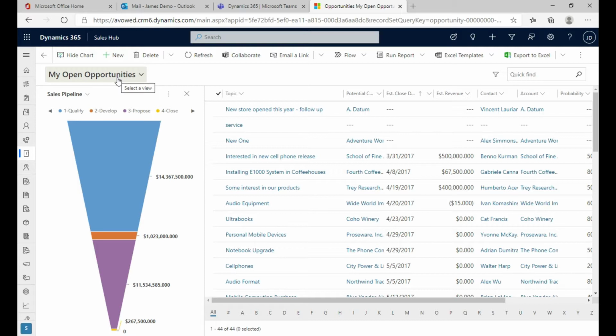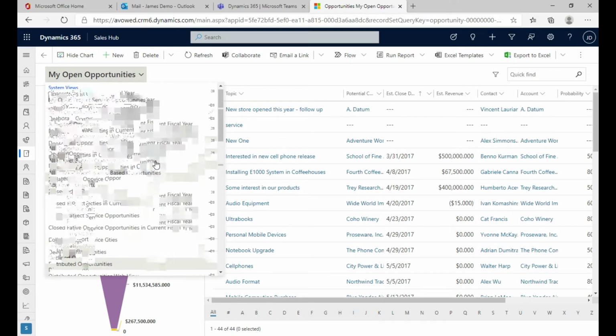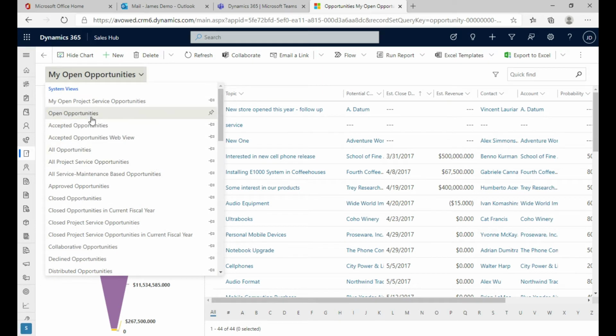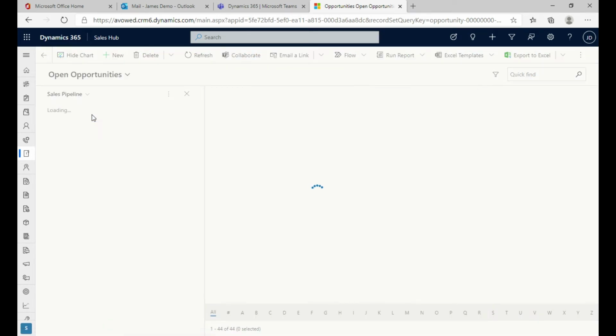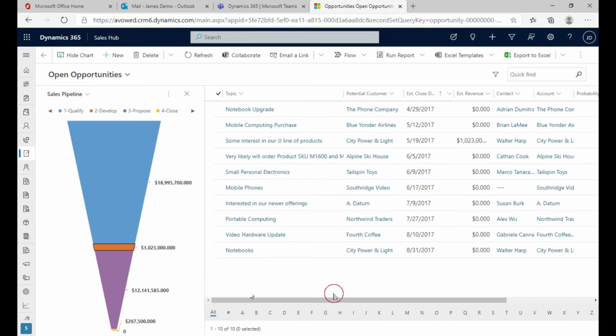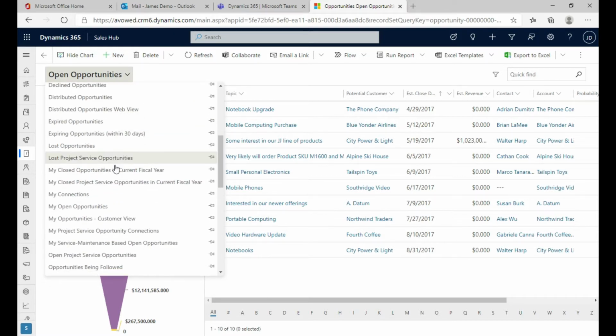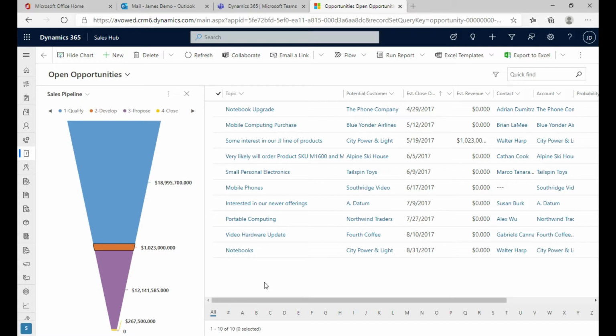So as I mentioned before, these are My Open Opportunities. This is the out-of-the-box environment, so there are a lot of potential views you can go have a look at here. But what I'm going to do is go look at Open Opportunities. So what that will do is refresh that graph, change the numbers on there, and you will see we can do that same thing where we just want to go in and see all of the ones that are assigned across the whole team, and that can have a real different impact on what